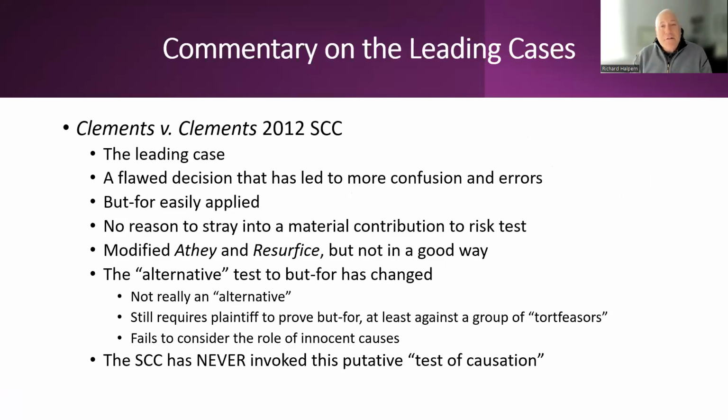But in a series of cases, starting in 1996, with a case called Athey and Leonati in the Supreme Court of Canada, there emerged what I'll call a new test of causation, but not a factual causation. A new test of causation that is not factual causation. It was called the material contribution test.